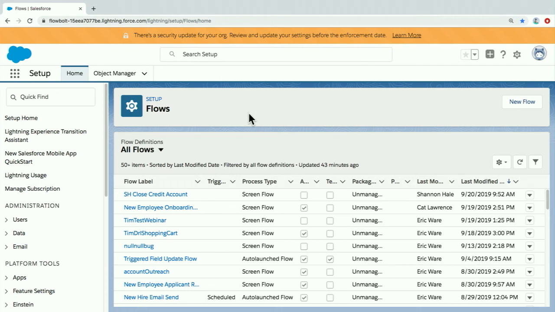All right, so starting from the top, we have a new Lightning list view with all of the things that you would expect from Lightning list views. And when we click into our flow from the list view,